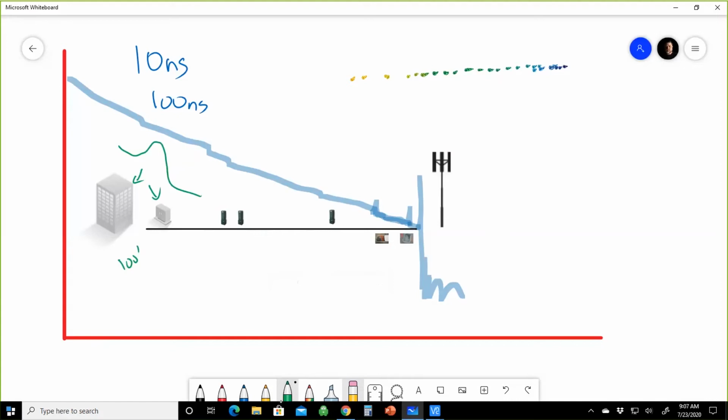So 10 nanoseconds is about a meter, right? I believe so. Yeah, it's about a meter. So 100 nanoseconds is 10 meters, and that's the length of the pulse. So if I have an event that's more than 10 meters apart, or about 30 feet, then I'm not gonna